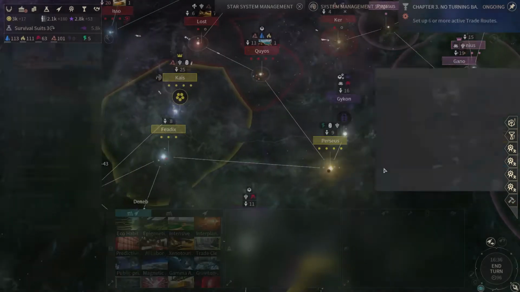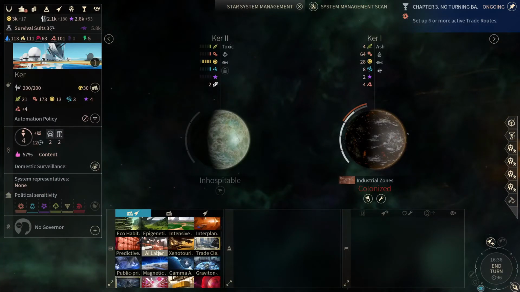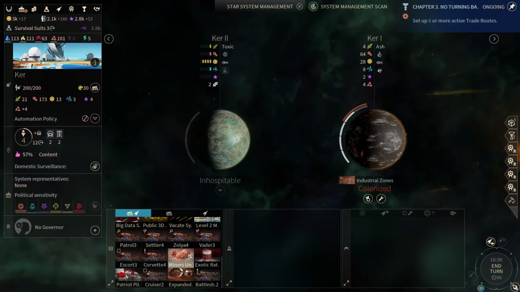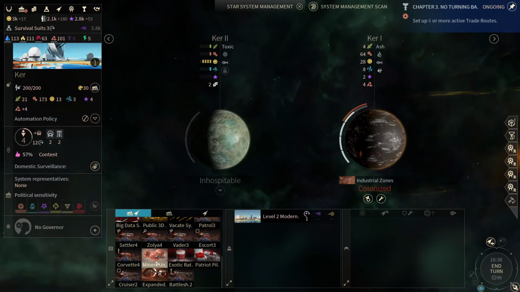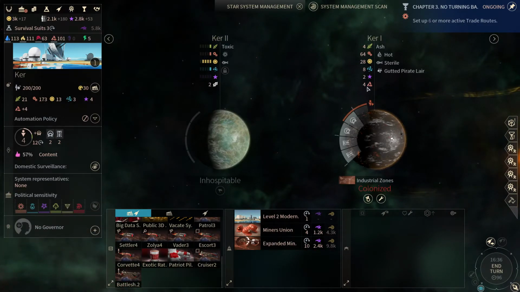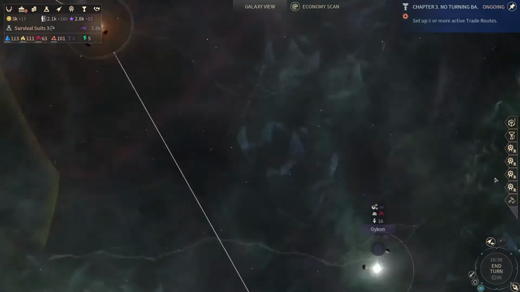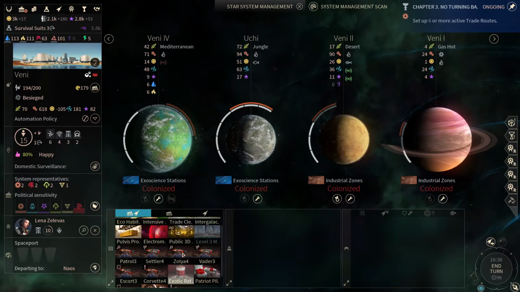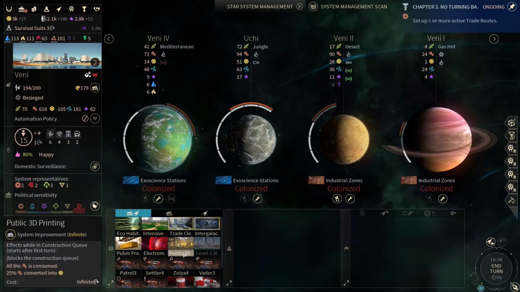Alright, we have a lot of building to do. Care can... What will you do? Oh, level 2 modernization. That's something you could do. And then followed by the mining for some more antimatter, because it is a large deposit after all. Or abundant, as it says. Veni is done with the cruiser construction and can now...